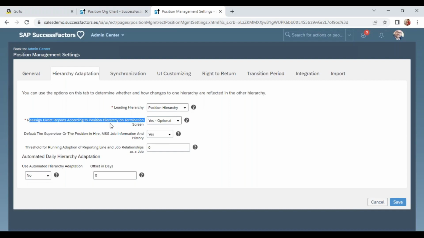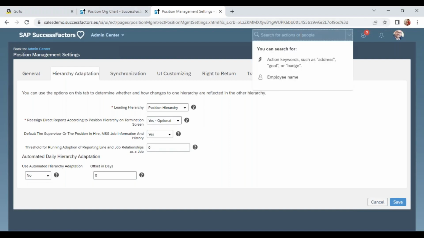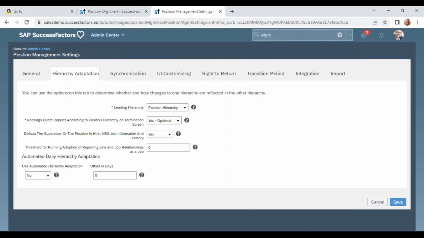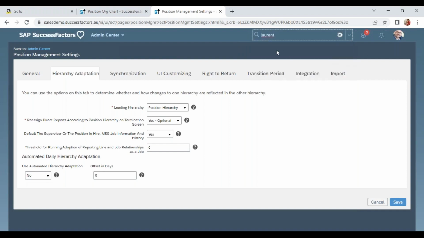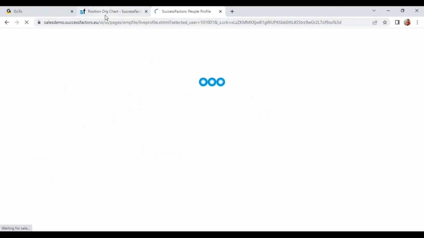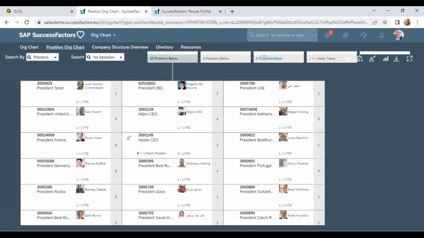Reassign direct reports according to position hierarchy and termination screen. So we have here 3 options: No, Yes optional, Yes always. Now this is used when you terminate a manager. Let's say I want to terminate a manager. Only for the manager. This doesn't work for an employee. When you are terminating a manager,